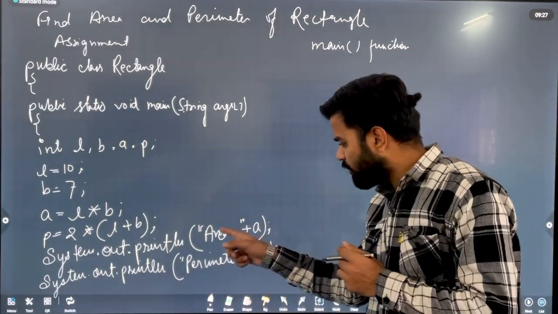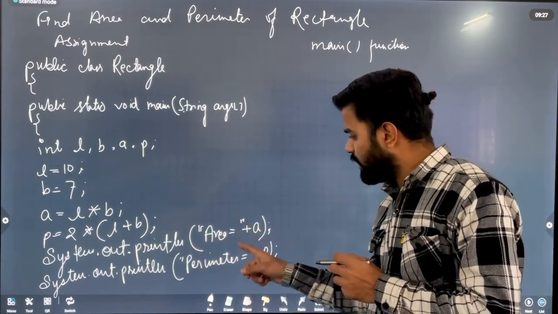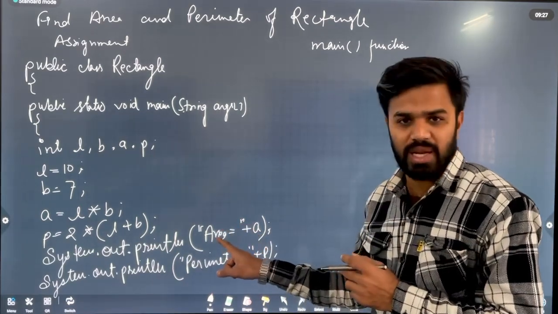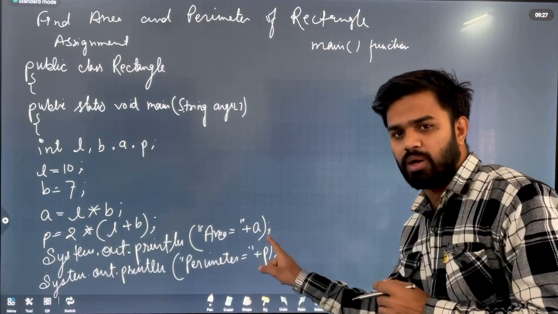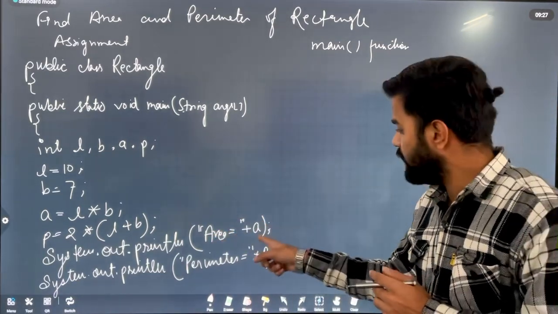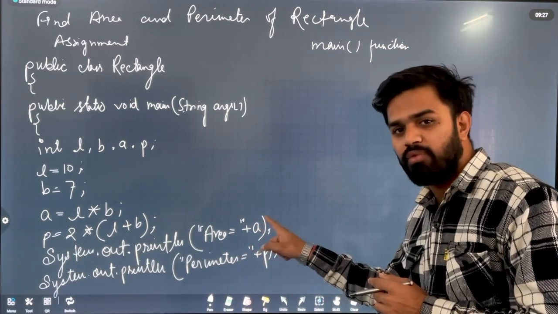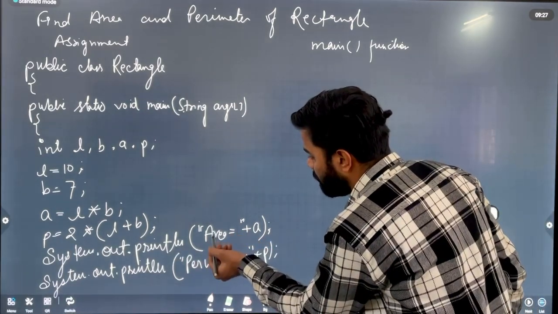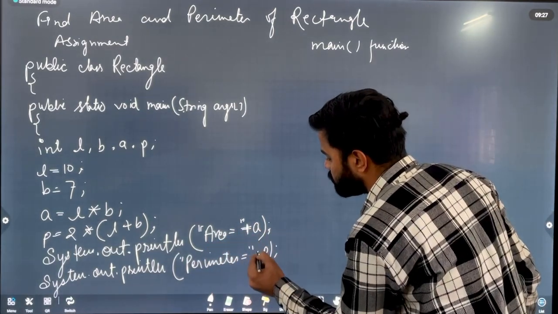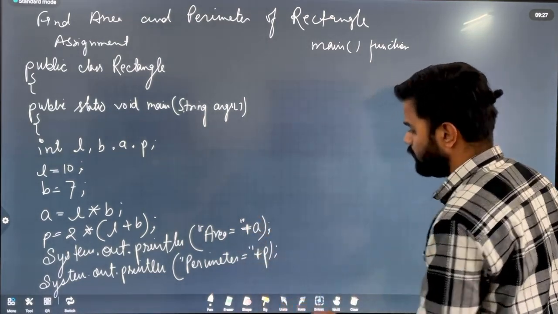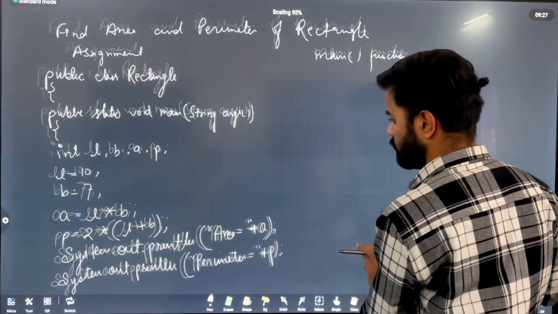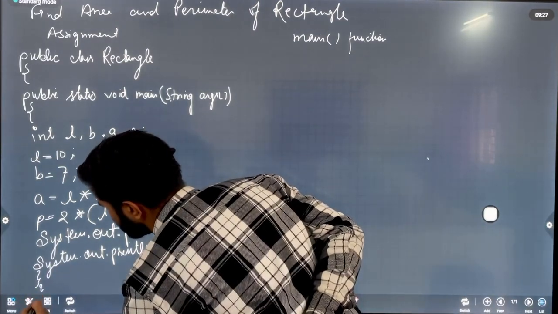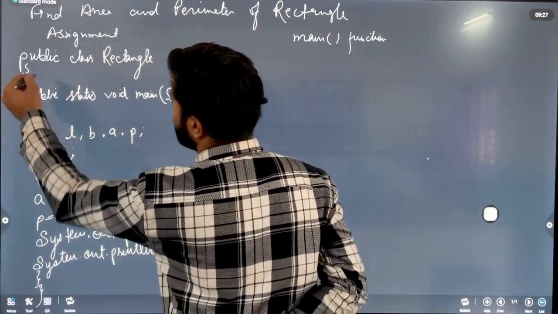"Perimeter is equal to" plus P. It does not matter what you are finding, area, perimeter or whatever. Whenever you print a message as well as a value, whatever we write in double quotes will print as a message, and whatever we write without double quotes will print its value. Here it will print "Area is equal to", and here it will print the value of A, because this A is not in double quotes. To join message and value, we always use this plus symbol. Now after this we close the curly brackets. Two curly brackets are closed because two curly brackets were opened.